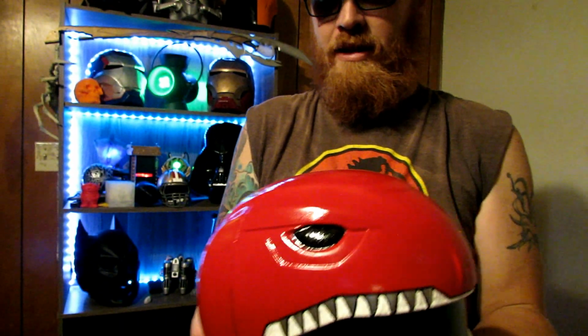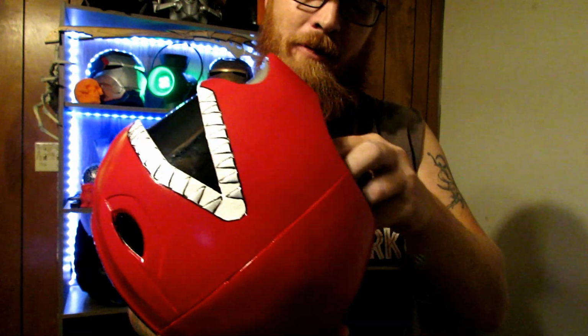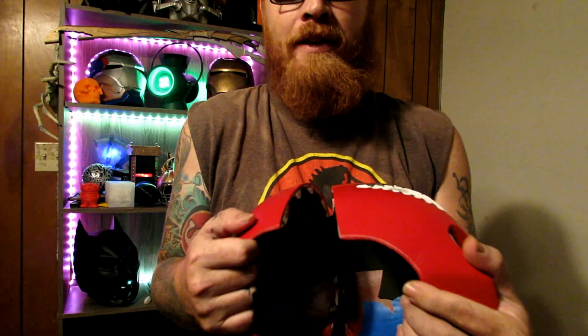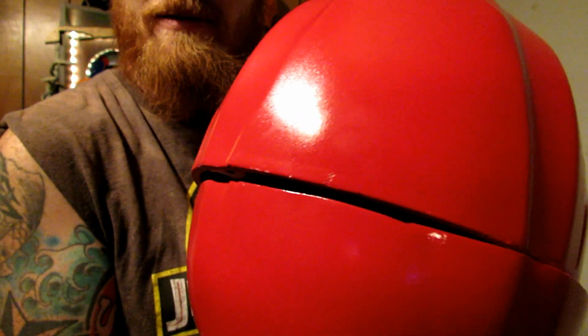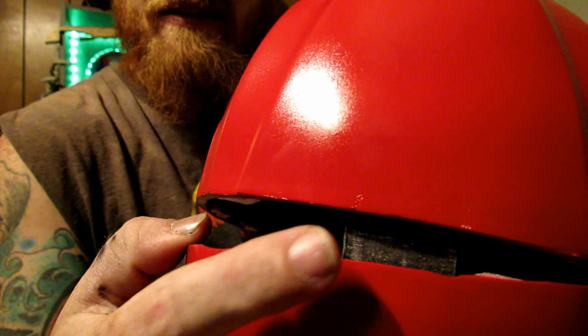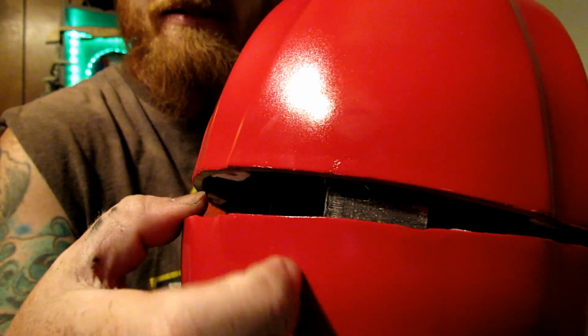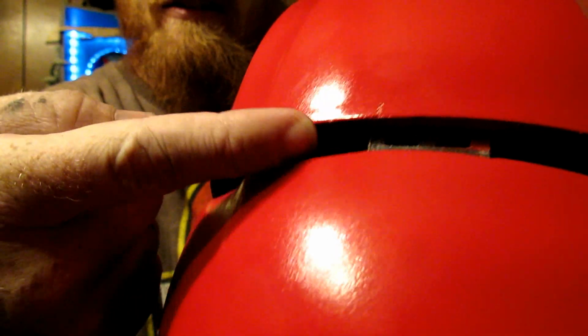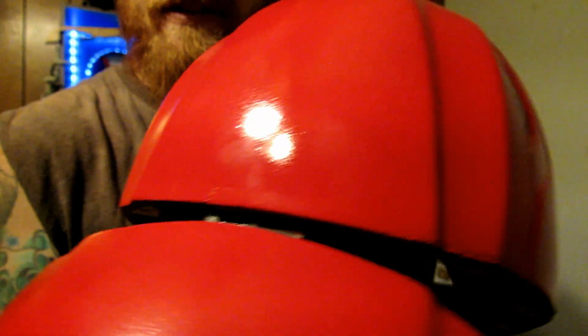I think I might send this idea to some of the people who build these Power Ranger helmets, because I think a lot of them have been online talking about the hinge systems and getting a good hinge system. You can see it right there pretty good. That part right there goes down inside of that box that you've seen from the inside, and then the hinge is right up there, so that allows it to